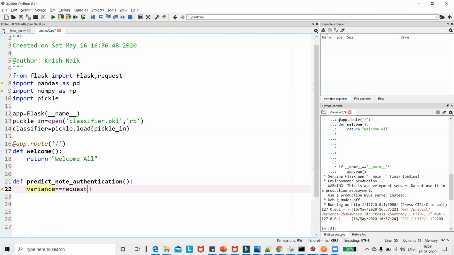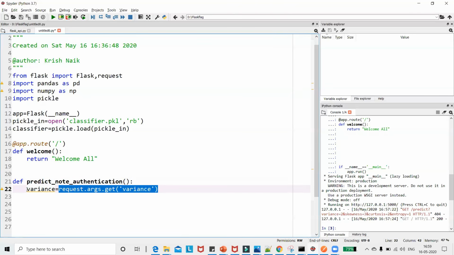So I'm going to write request.args.get, and inside get I'll put my variable called variance. Sorry, it should be just a single equal to. I'll tell you what this exactly does when I run and show it to you.